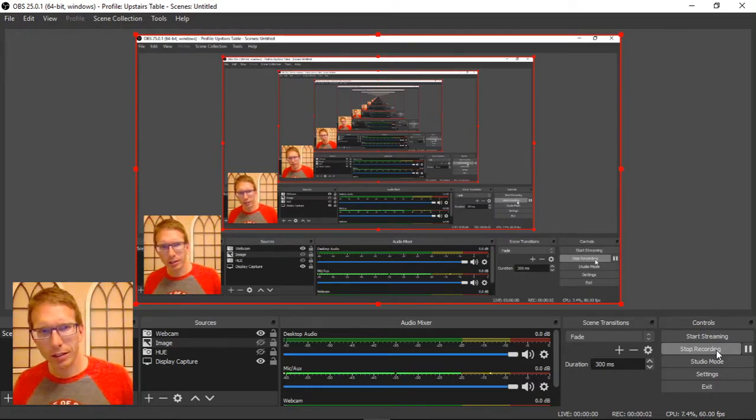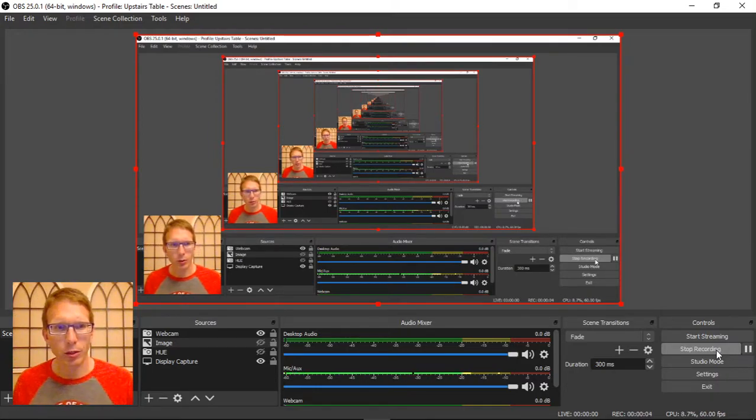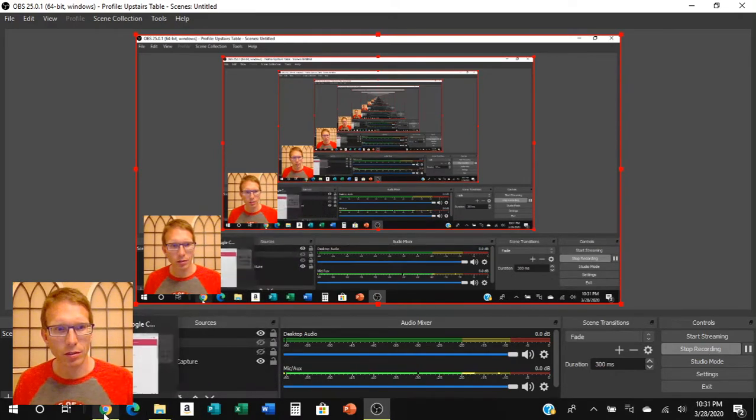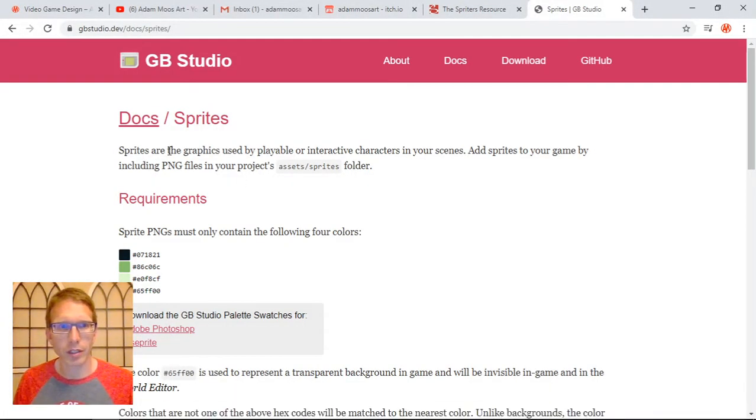Hey everybody, let's talk about GB Studio some more and talk about what a sprite is and how we need to make some of those custom for our game. So here's what we're going to do. I pulled up the documentation for GB Studio at gbstudio.dev and clicked on the area that talks about sprites, and